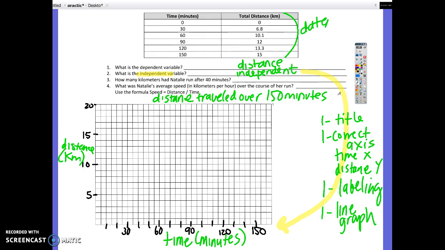Somebody in one of my classes was concerned. They didn't know, is it okay to label past the data points? In other words, since she only went up to 15 kilometers, yes, it's absolutely okay to continue labeling 20, 25. That's not a problem. You just can't graph your data past that point. So since the last piece of data she has is at 150 minutes, and she was at 15, which is about here, when you make your line,